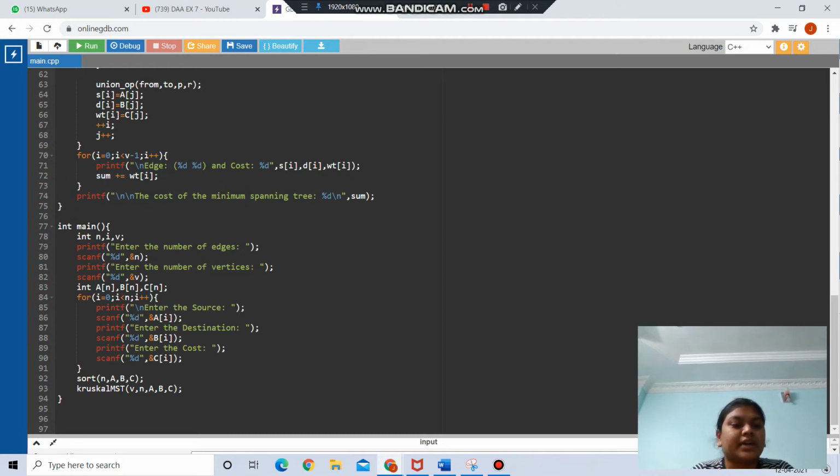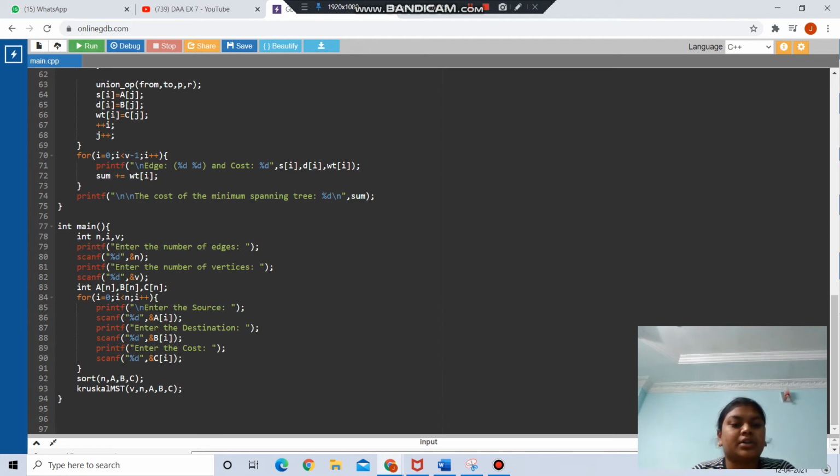Then here inside this main I have given int n, i, v. Then it will print to enter the number of the edges, and it will take from the user, and it will ask to enter the number of the vertices, and then here it will take from the user. And here in this for loop I have given i equals 0, i less than n, and i increment.